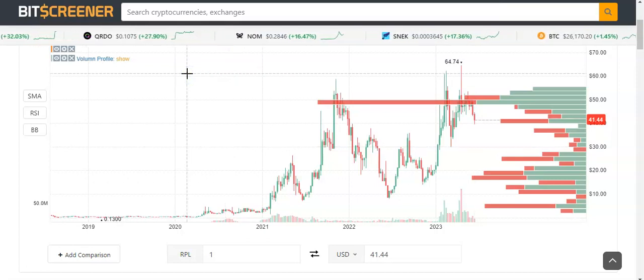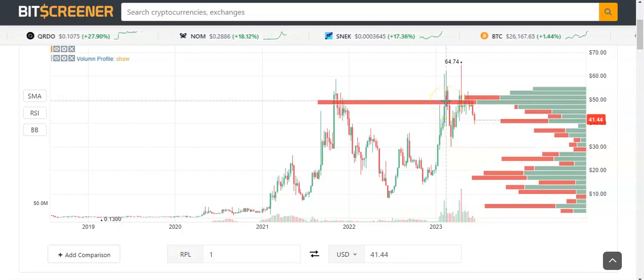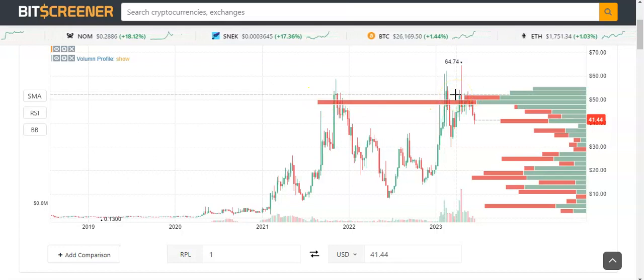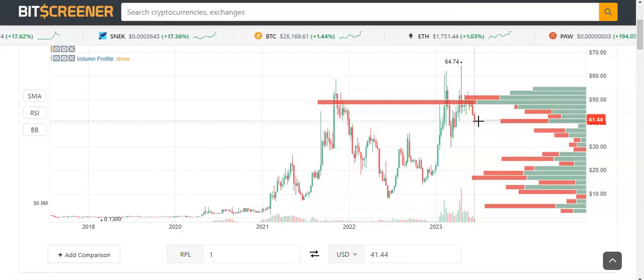There are no doubts. Okay, so Rocket Pool tried to break above the previous highs, and it happened twice. Right now we have a double top, which is obviously a reversal pattern. Here we see an increase in terms of volumes. So from 40 US dollar, we might see a rebound. Yet,